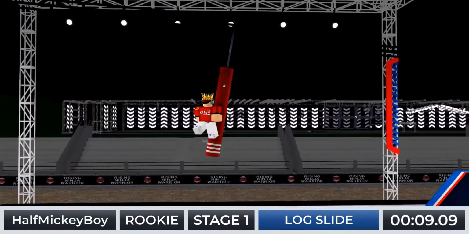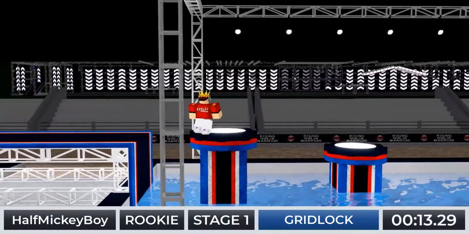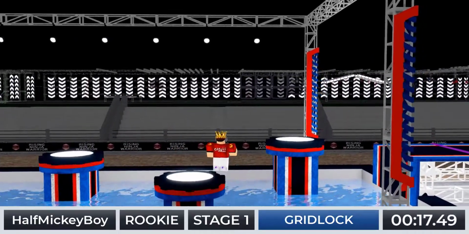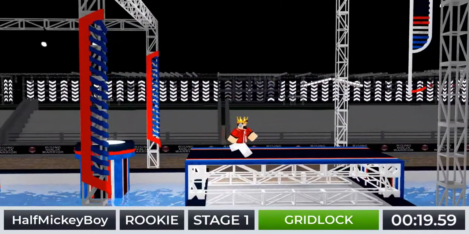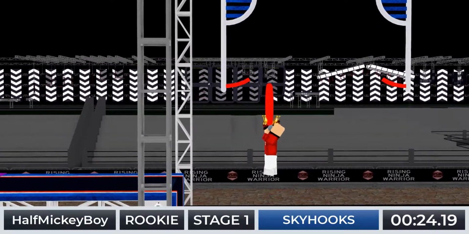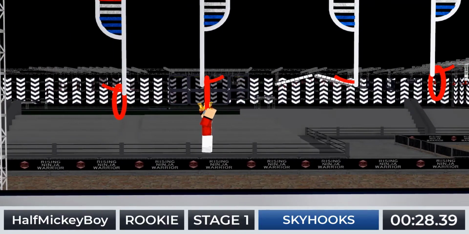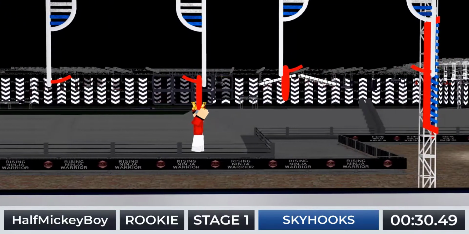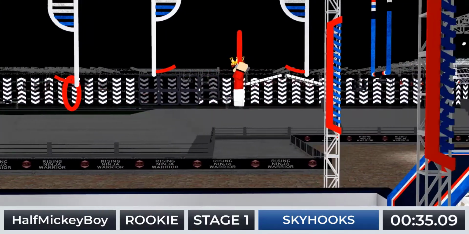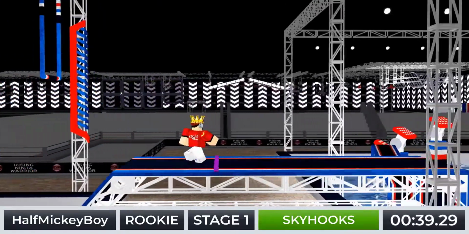Now into the second obstacle, using this awkward strategy I've seen a couple of people try, and he almost slipped off at the end, but just hung on long enough to complete the log slide and will perfectly time gridlock as into the sky hooks, and will complete the first transition. Now needs to grab onto that second ring. Second transition, he has got it. And last transition coming up here, and Half Mickey Boy just needs to dismount, and he has completed the sky hooks